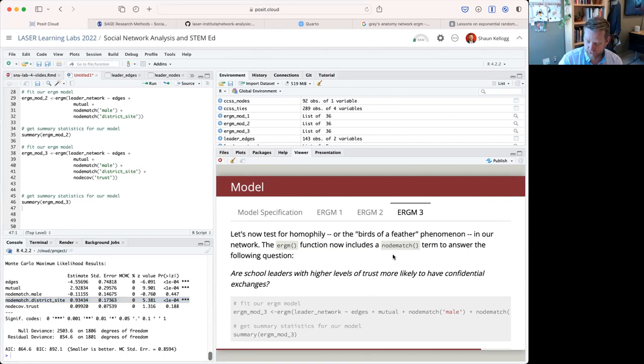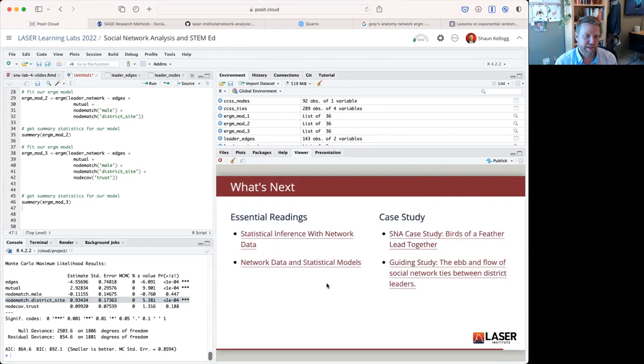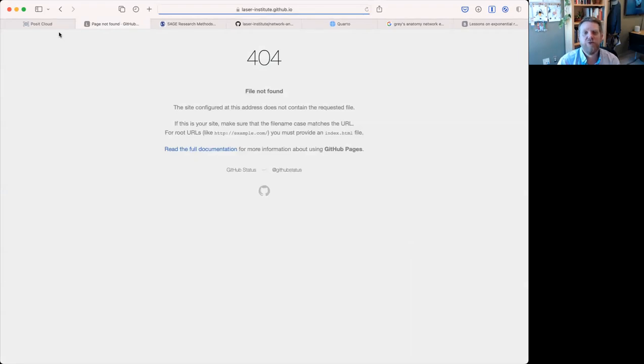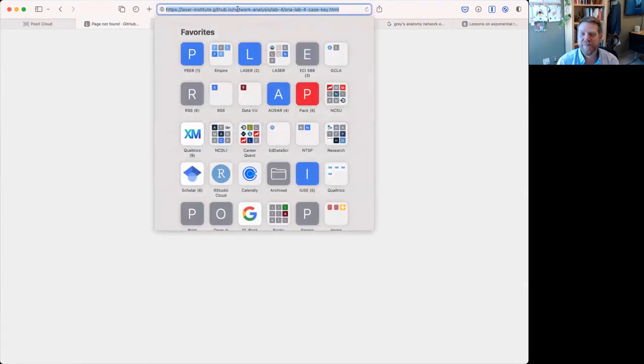All right, and I do encourage you, because I did not do the best job of explaining everything today, these 2 chapters from that Carolyn reading, they explain this in much greater detail and much more comprehensively than I did today. And if you want to, this case study, basically this code along that we did,